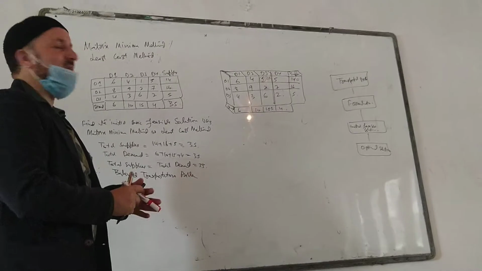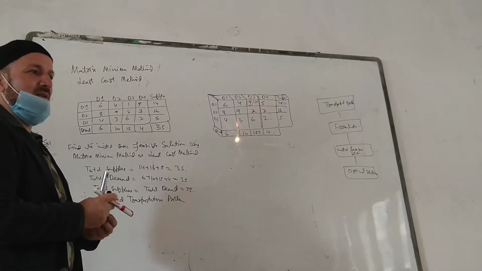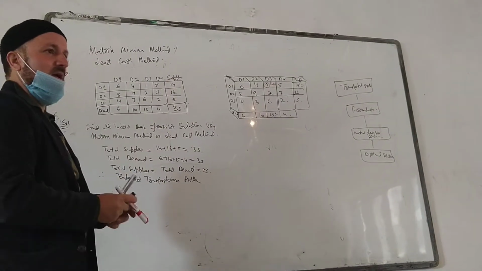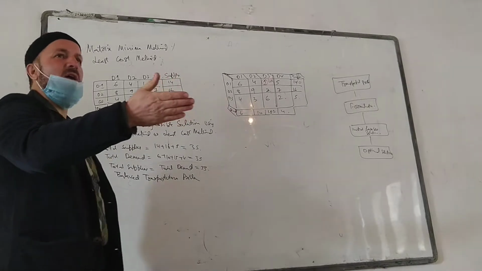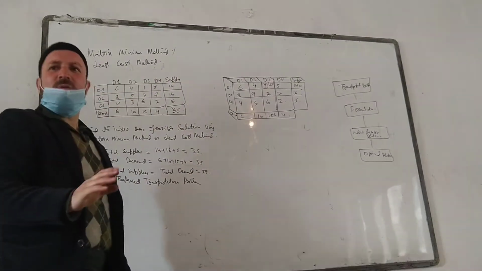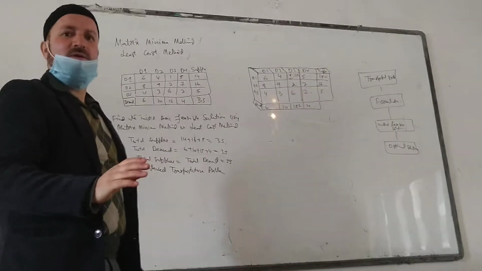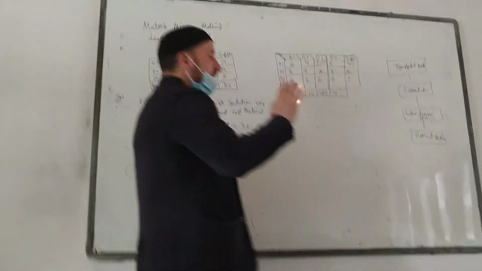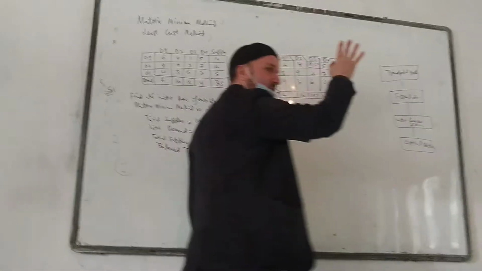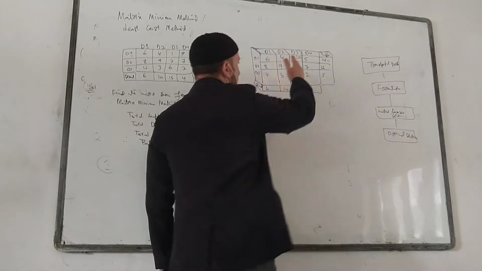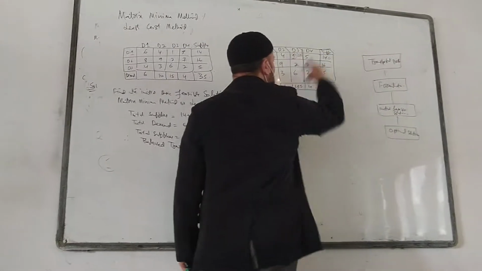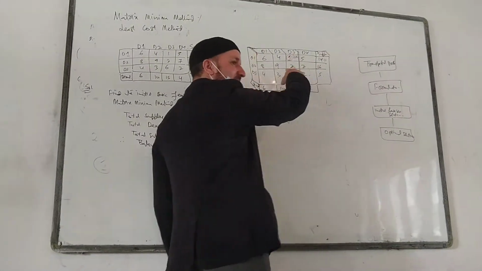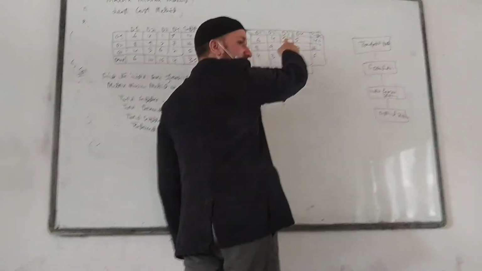What do you have to see? You have to see which is the least in the matrix. I see 1. Okay? If there was another 1 somewhere, I would take either of the two, whichever you prefer. It doesn't matter. Now I am seeing 1 is the least. So from the demand and supply, whichever is lesser, I will assign that. So I am assigning 14 to it.